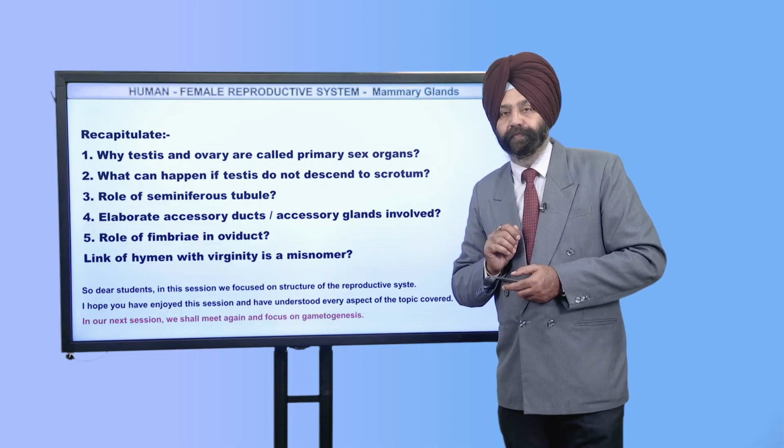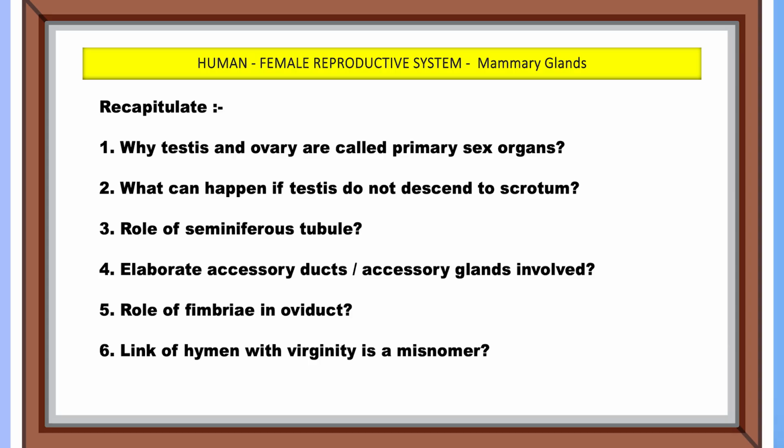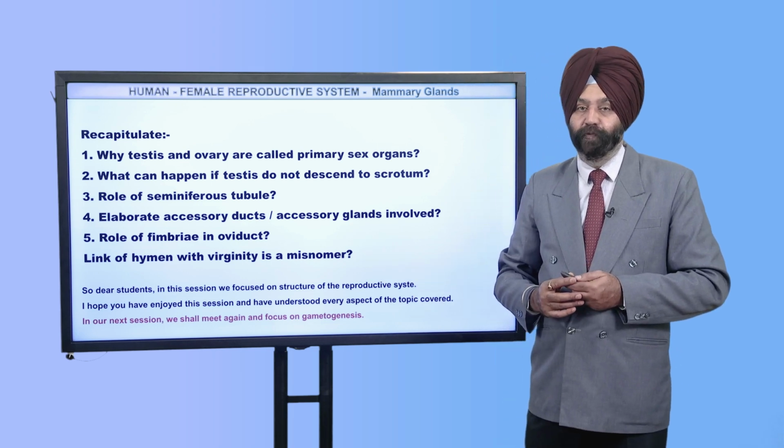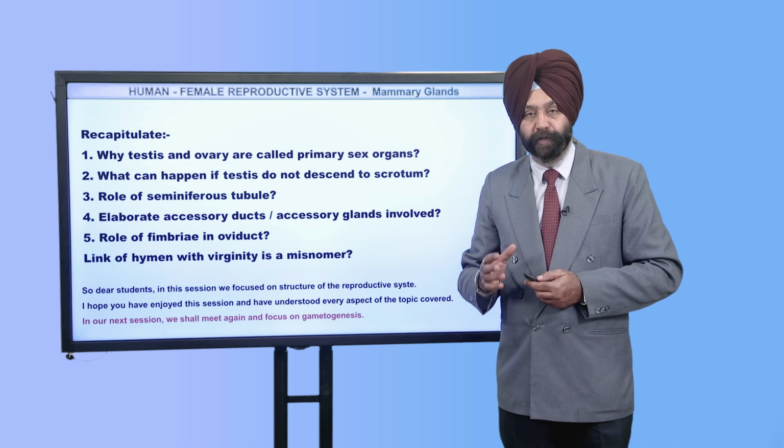Let us now recapitulate. Question 1: why are testes and ovary called primary sex organs? Question 2: what can happen if the testes do not descend into the scrotum? Question 3: role of seminiferous tubules. Question 4: elaborate on the accessory ducts and accessory glands involved. Question 5: role of fimbriae in the oviduct. Question 6: what is the link of the hymen with virginity? Is it a misnomer? So students, in this session, we have focused on the structure of the human